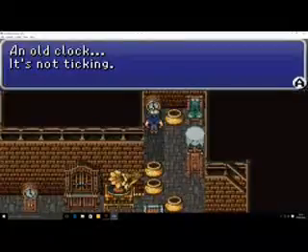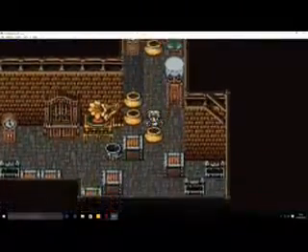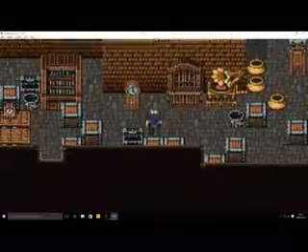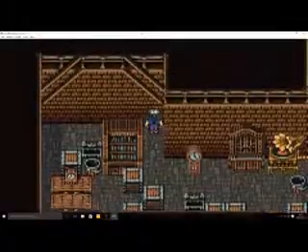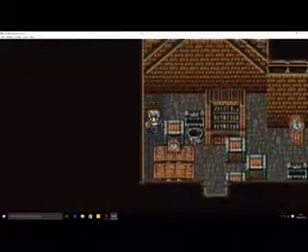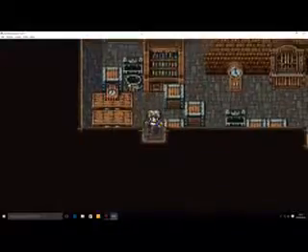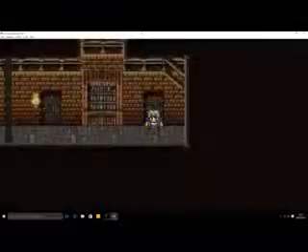So yes, one of those clocks isn't working and one of them is. I don't know why this room's here. I don't know why I'm allowed to steal this person's stuff, but I am. That's all I have to say about it, and you can't do anything to that clock, so...